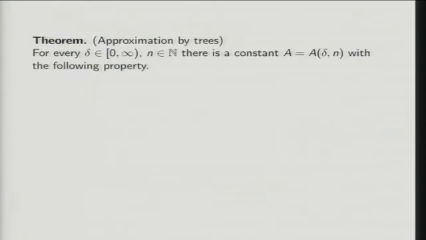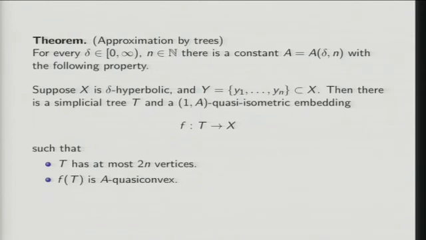Okay, so now a fact that I want to use, which is not an essential fact, but is very handy psychologically, is the statement that any Gromov hyperbolic space is approximable by trees. So this says the following. Let's take some delta, which is going to be a hyperbolicity constant, and n. Then there's some constant A so that if you have a delta hyperbolic space, so a geodesic metric space where triangles are delta thin, and you have an n-tuple of points y1 through yn, so that's a finite subset sitting in X, then you can find a simplicial tree T,